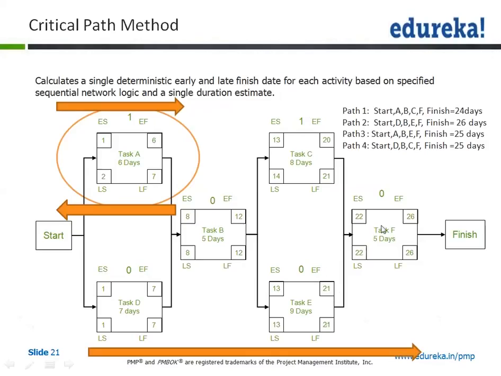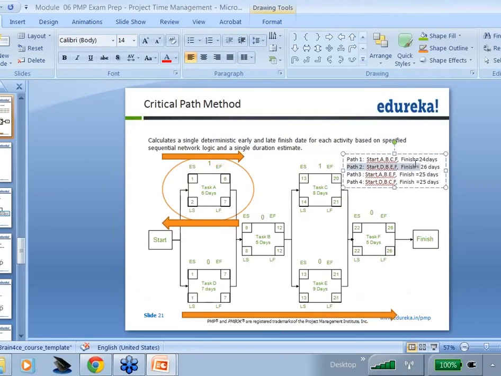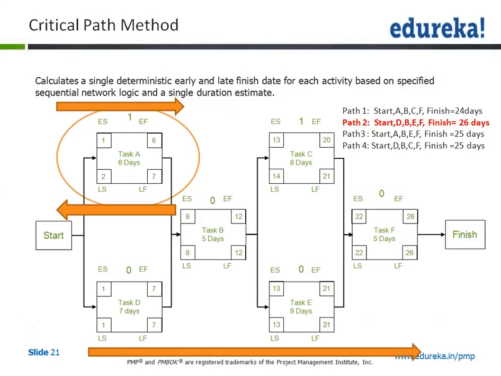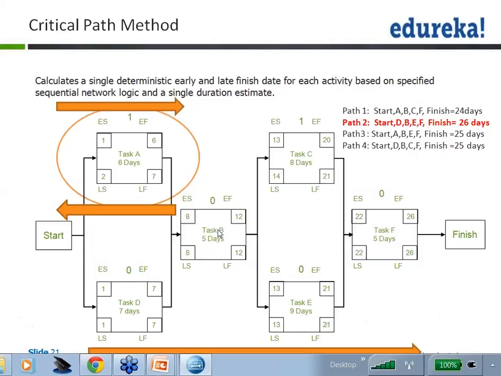And then we'll move on to the fourth task, which is task F. Look at 26 days, the task F. And we will put up the 22 to 26. So the way we will start this numbering is, it will actually start from the critical path, and the critical path now I have highlighted back in the red color for your convenience. So that is the way we will find out a critical path.